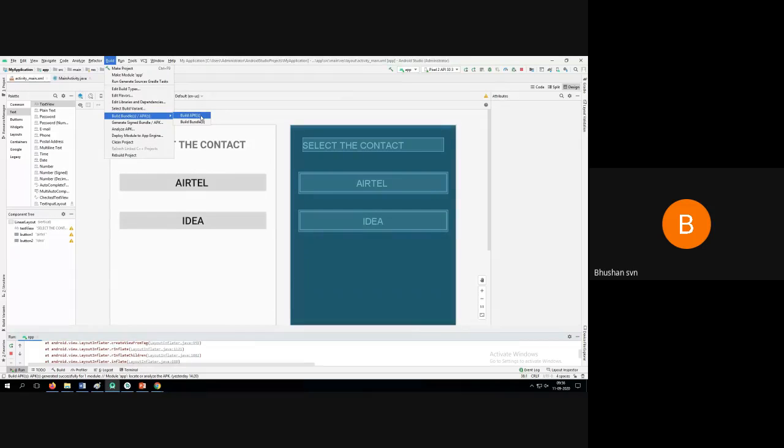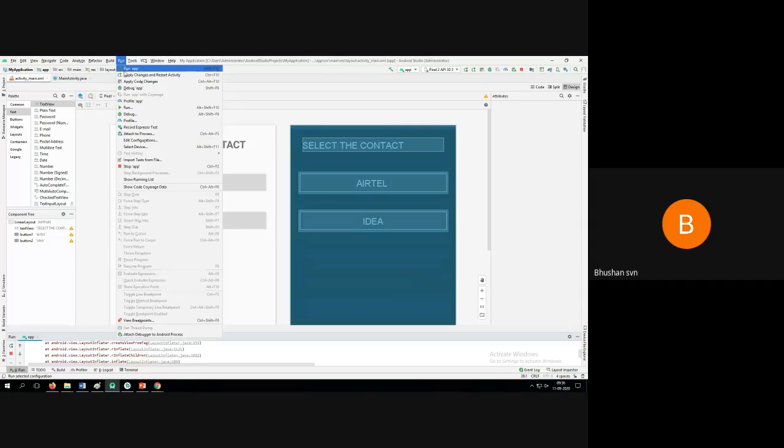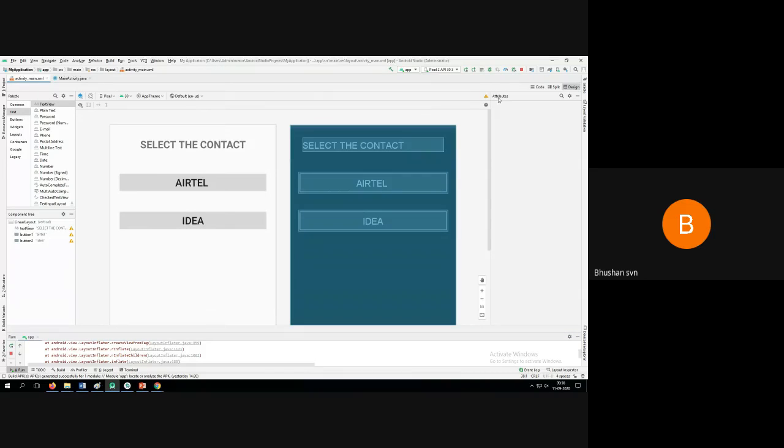When you just try to build, it will give you the information that the build is successful. Then you have to run. Run the app, either from here or from one more option on the top right. Since I have made an application to run, it is running. Otherwise, you will get a triangle mark here where you click. You can see there is something called run app, and by clicking on that, it will run the application.